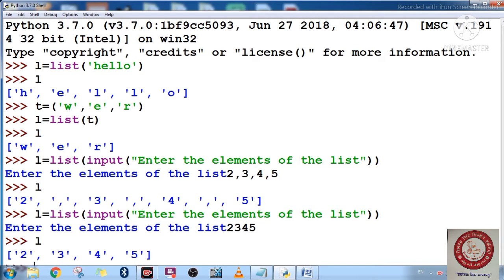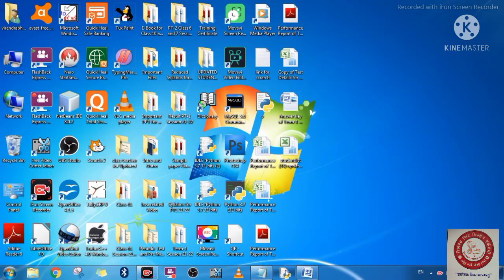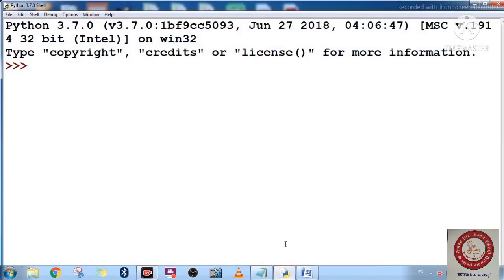So let's close this window. Now I am going to open the same window one more time. Now finally it's open. So the second one is the eval function. Next one is the eval function. How are we going to do that? How are we going to use that? Suppose I have written eval, then bracket, and inside the single quotation I have written it like this.